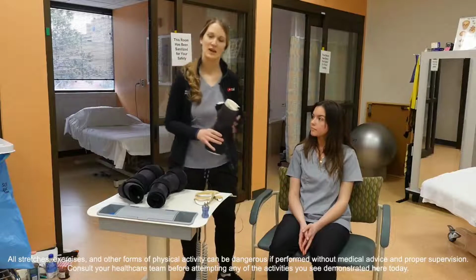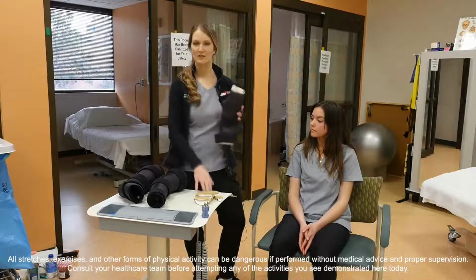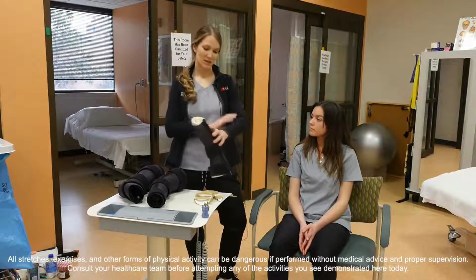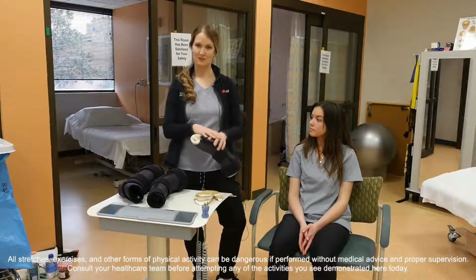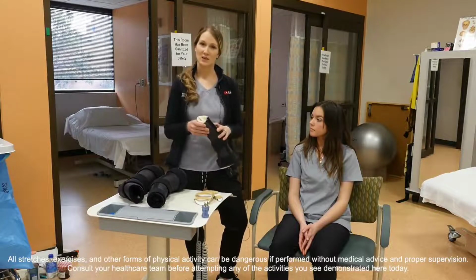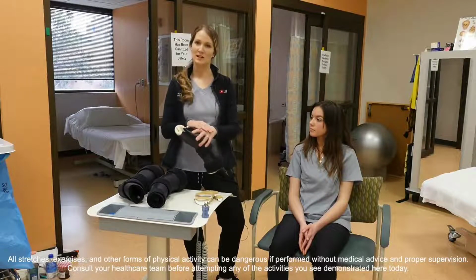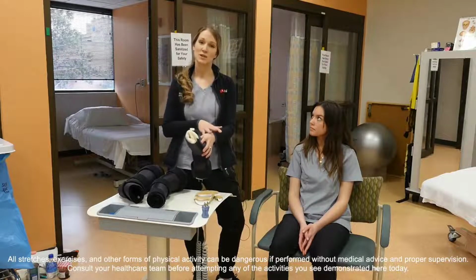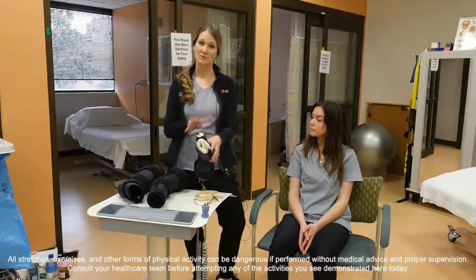So the next 3 casts that I will show you are a little bit different than the splint. They go all around the arm, so it incorporates your whole arm, fingers, and ankle, just depending on what we're making on you. But the idea is that it crosses several different joints and areas in your body, so it can really stretch out and elongate that fascia, which will give you more range of motion after you wear this